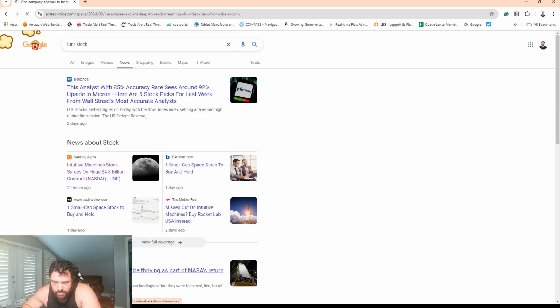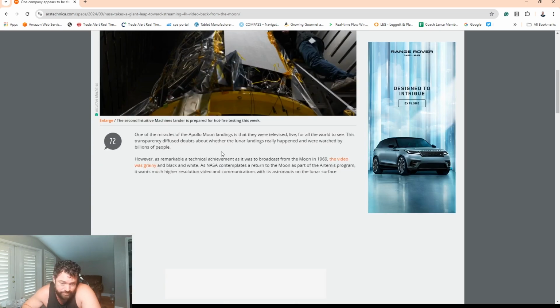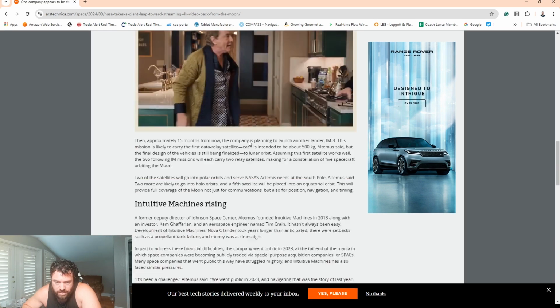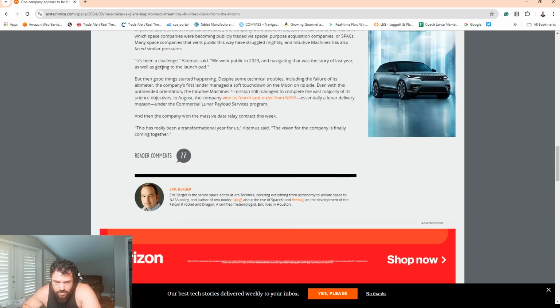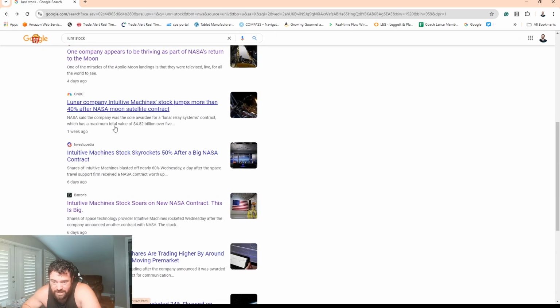One company has been thriving for NASA's return. So NASA to the moon, basically it's NASA giving them money. And that's what's causing the gaps in the stock. All right, so that's pretty much it. But I don't care about them going public. What are they trying to do? I just don't see it. It sounds horrible, but I just don't see the big, what's the big opportunity, right? I get they have NASA's...